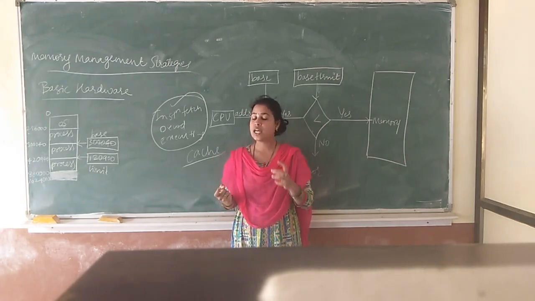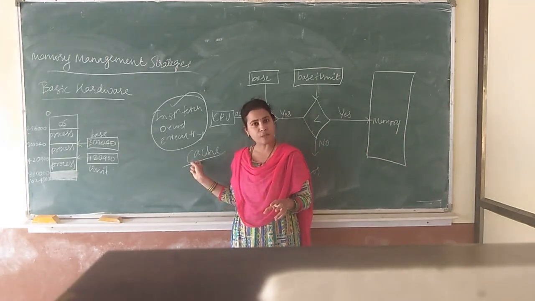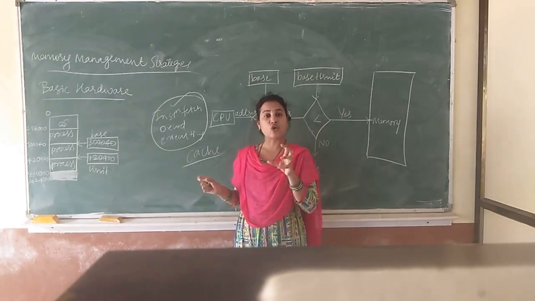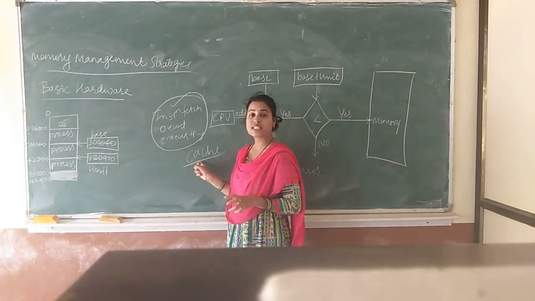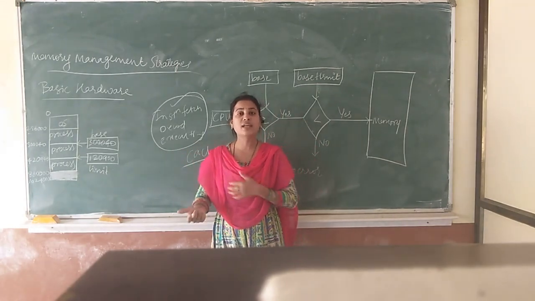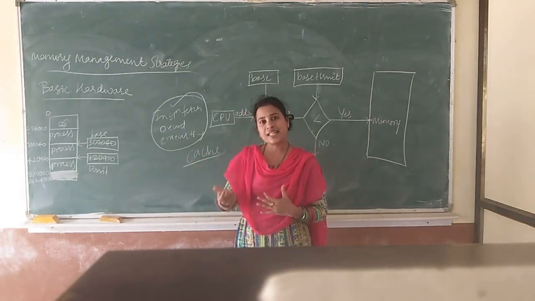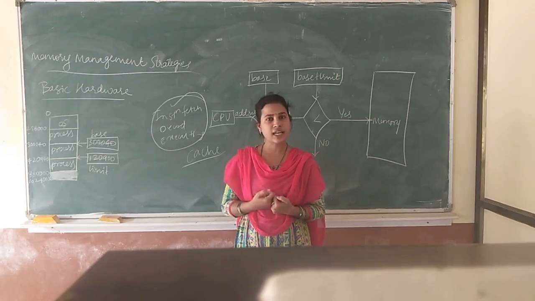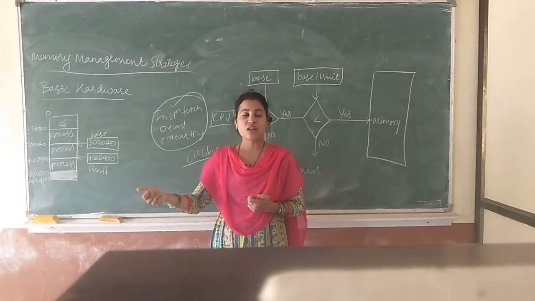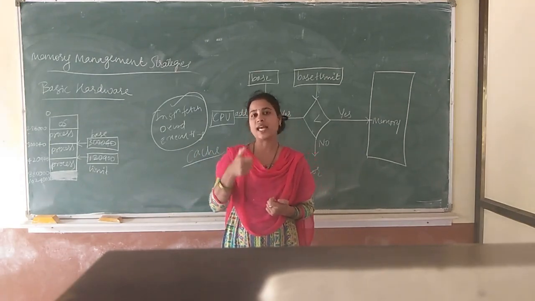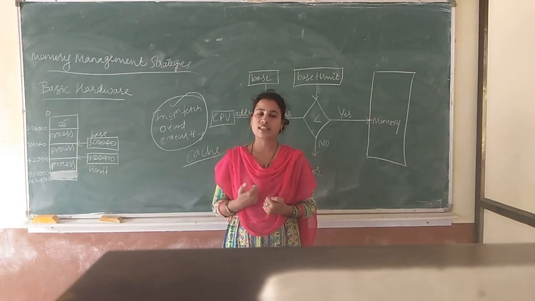Plus, what is it doing? It is keeping a copy of the data in the cache memory also. Why? Because the computer assumes that in the future that data may be used again. If it is used again, the processor would otherwise have to go to the main memory again. But if a copy is kept in the cache memory, the cache can be accessed directly to get the data.